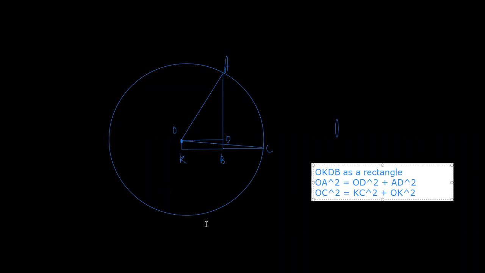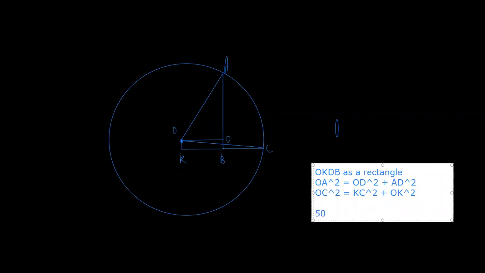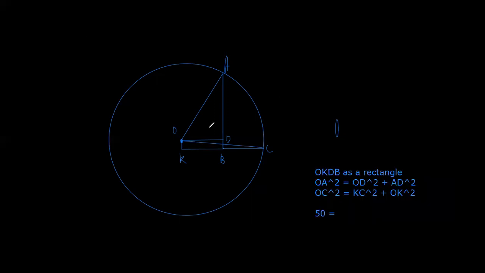Now if you remember, you were given most probably the radius of the circle is root over of 50 centimeter, right? Yes, root over of 50. And you already know that OA is the radius of the circle. Then put root over of 50 in place of OA. So now you understand why root over was given, because OA square is 50. So you can steadily write 50 equal to, okay, let me name something so that I can put all variables.